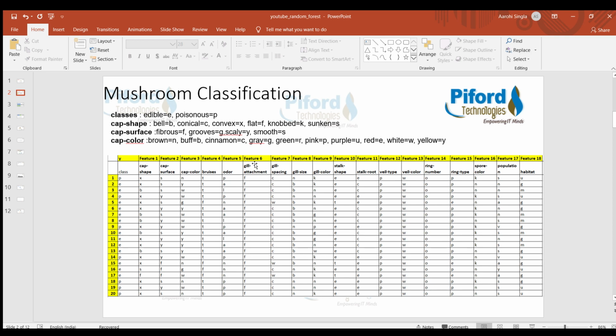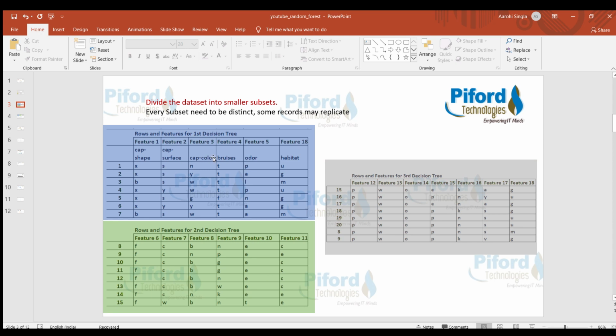That means I have to divide this data into 3 different subsets, and I want to develop 3 decision trees. Every small subset will have different values. Some records may replicate, some records may get copied in 2 or 3 of the subsets, but every dataset should be distinct.